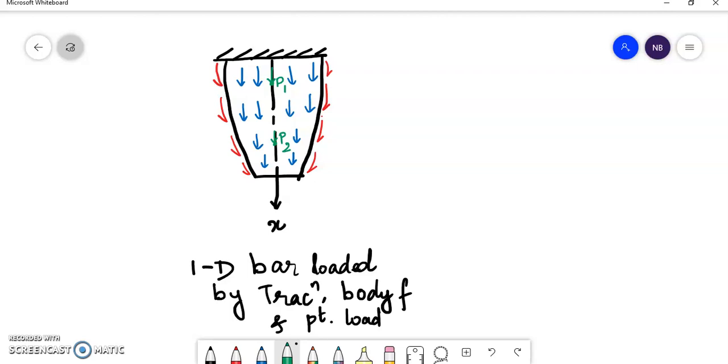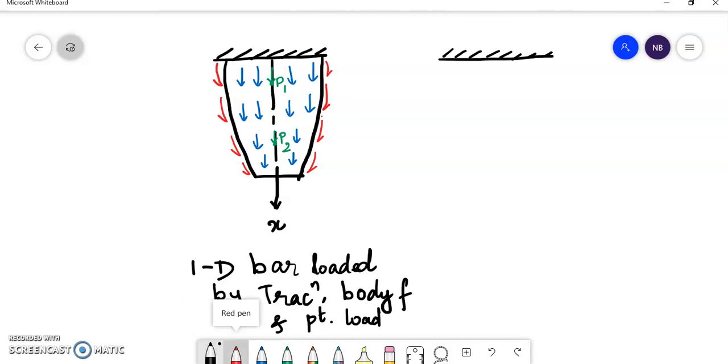How do we solve using finite element method? So the first step in finite element method is division or discretization. That means we are dividing the given element into some smaller parts. So the first step is to model the bar as a stepped shaft. Now how do we divide this? How do we decide? Wherever there is a point force, we can take that as one node. So we have 2 point forces.